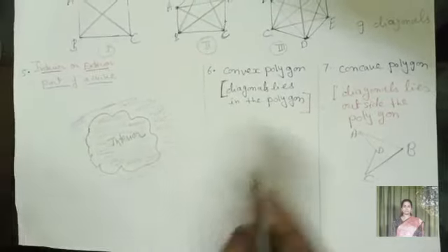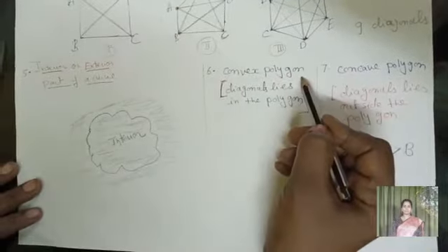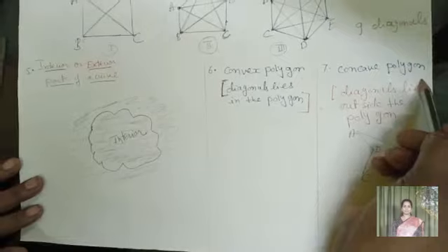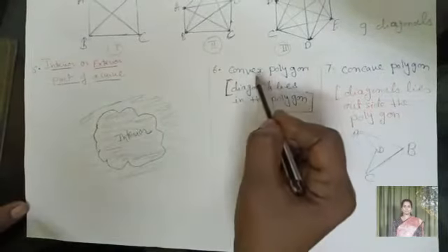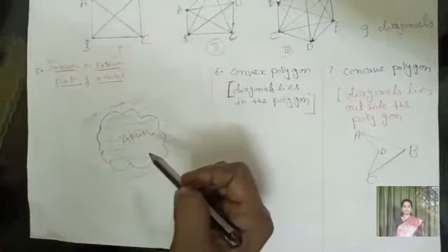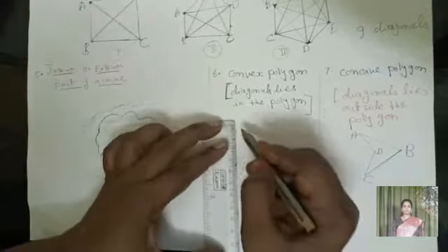Now we will move to convex polygon and concave polygon. First we will see what is convex polygon. A convex polygon, if I want to give a definition, a polygon